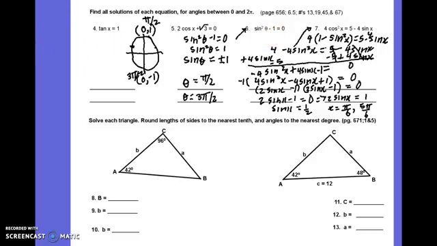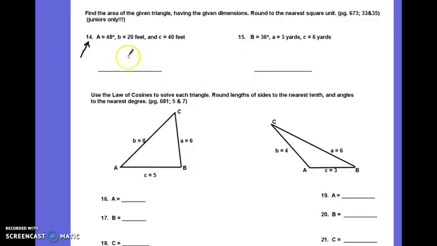Alright, let's take a look at one more before we just stop here. It says find the area of the given triangle having the given dimensions. Round to the nearest square unit. And this is on page 673, 33 and 35. I'm going to do 33, or set it up for you. The area